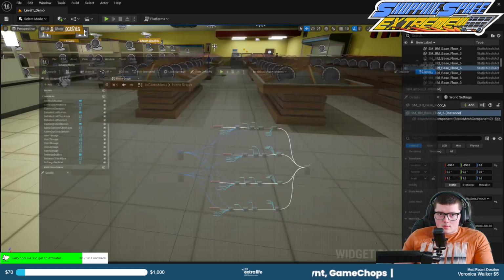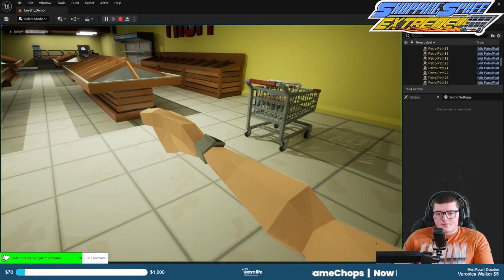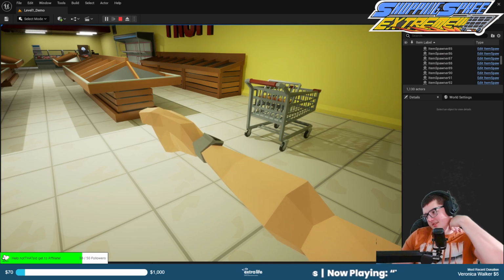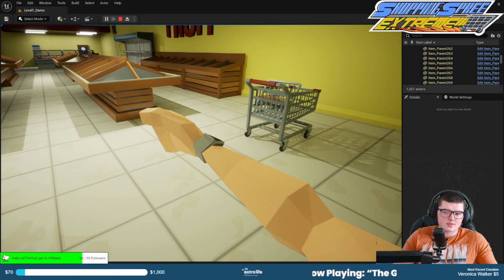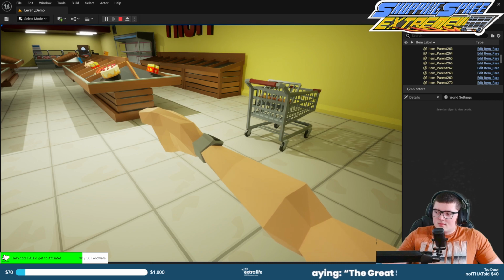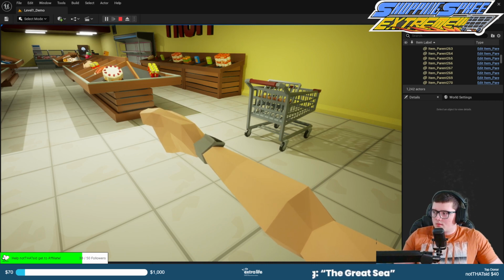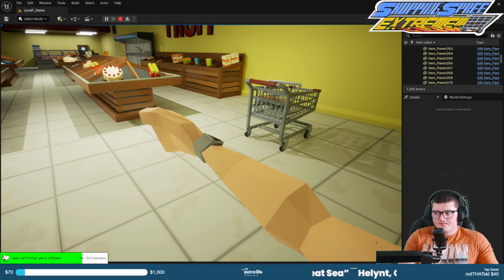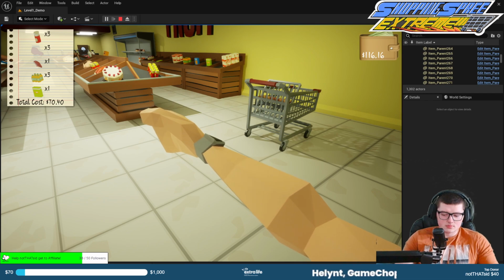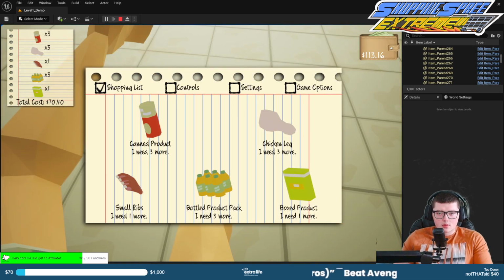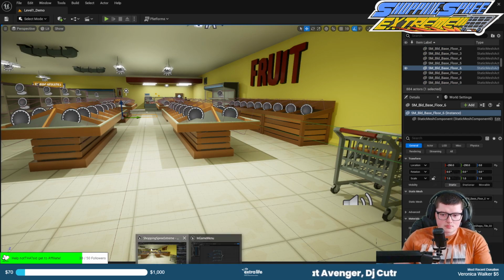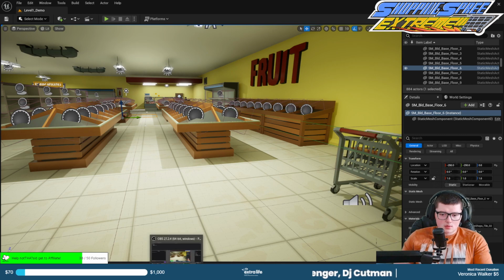So, let's see if that works. Just all the other sections aren't going to have anything in them, of course, but just want to make sure the buttons work as they should. Okay, so here. Oh, I don't have UI controls. Hang on. I need to go